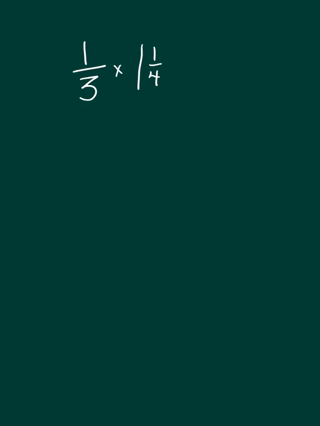In order to do that, remember, we multiply the 1 times the 4, which is 4, and then we add this 1 to have our new numerator. So this 1 and 1/4 becomes 5/4. So now we can multiply. So now we change it to 1/3 times